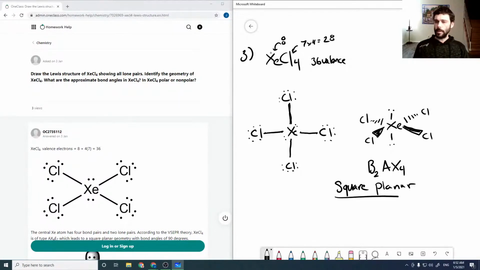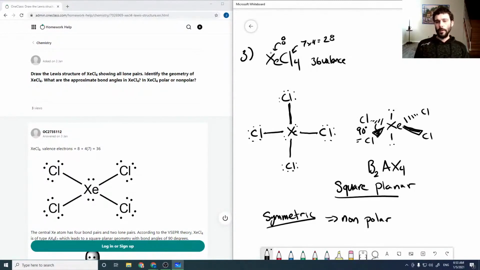So that's our geometry. Each of these bond angles in here would be 90 degrees, as it's 360 around the circle. So our bond angles are 90 degrees, and then this is a symmetric molecule, and that means it's non-polar,